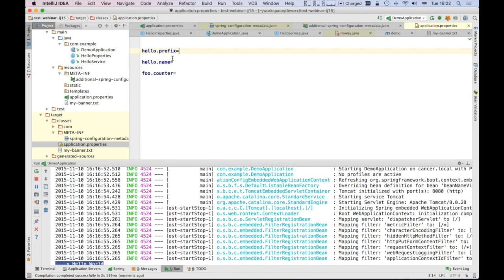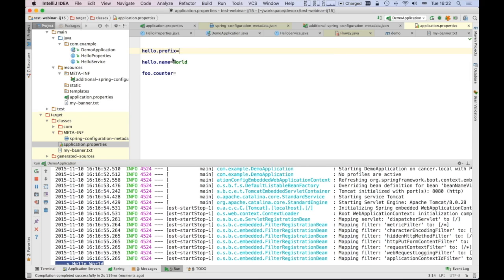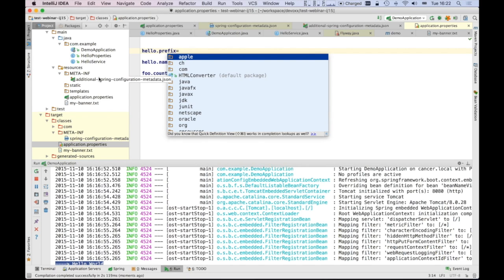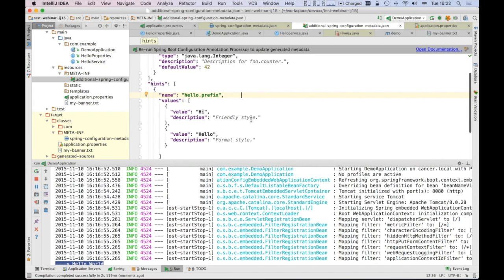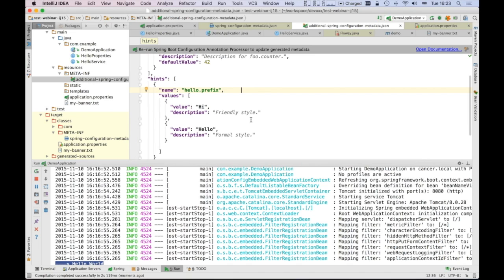Right. So we can go back with world and basically get content assistance for that new one. Why do I have this? That's the demo effect, I guess. Interesting. Anyway,